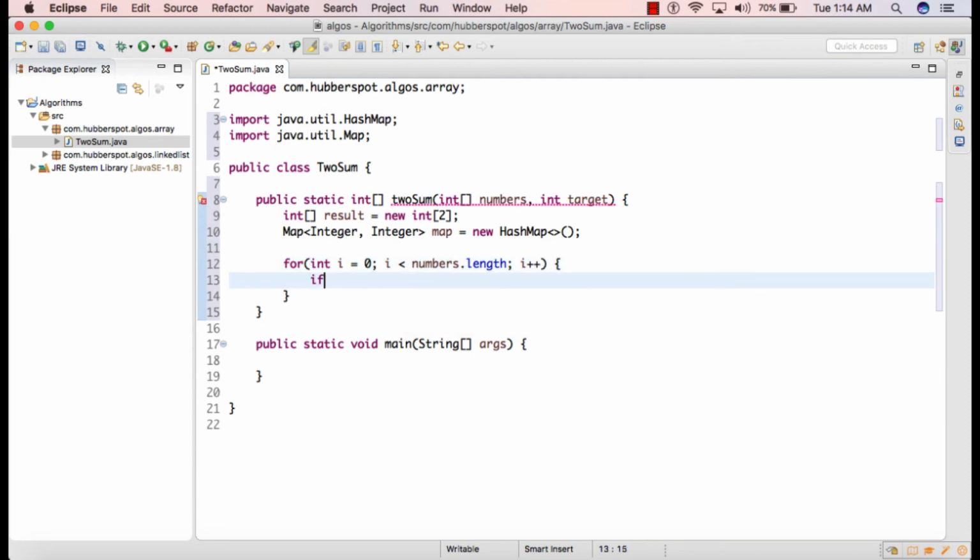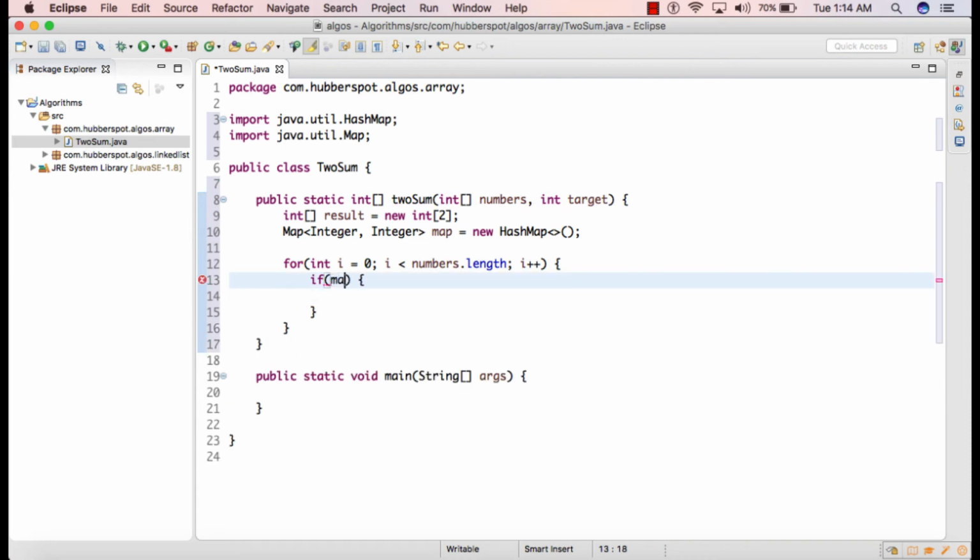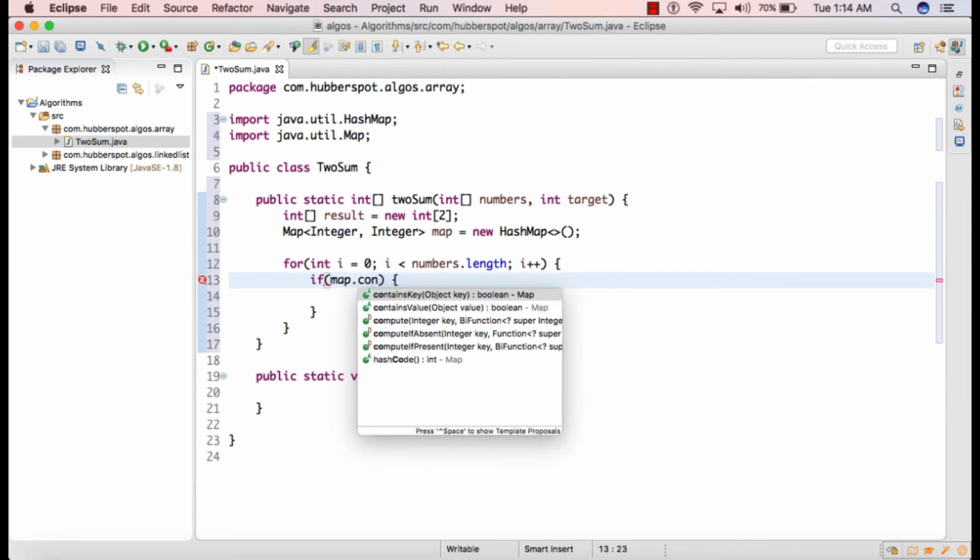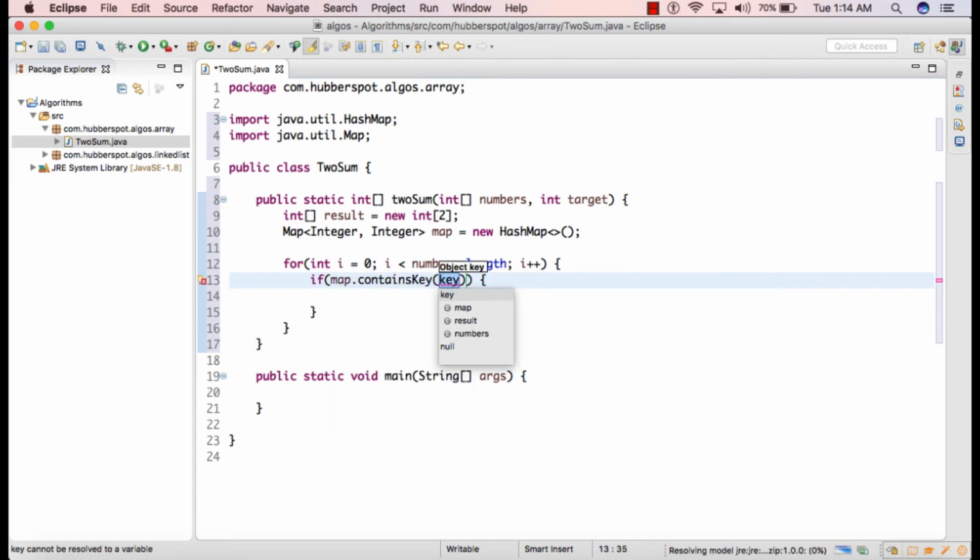So in the for loop, our first condition would be if map dot containsKey, and here we'll provide target minus numbers at ith position.